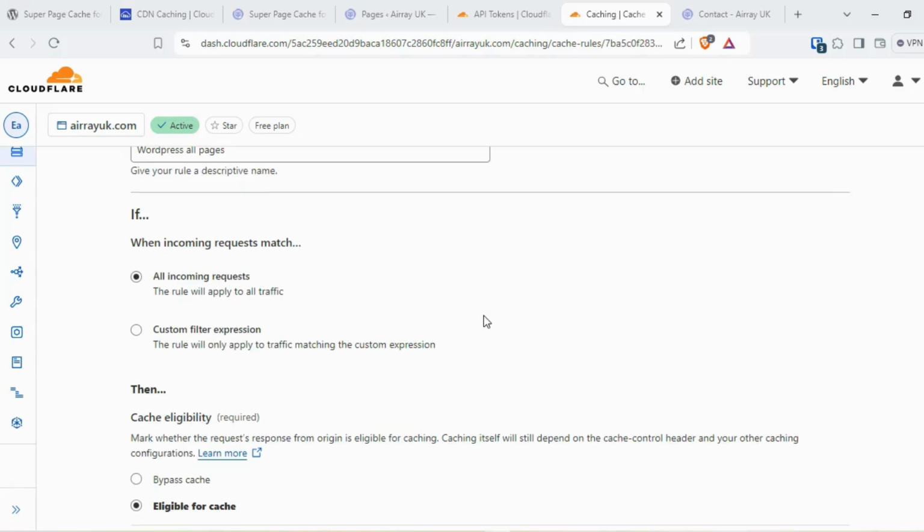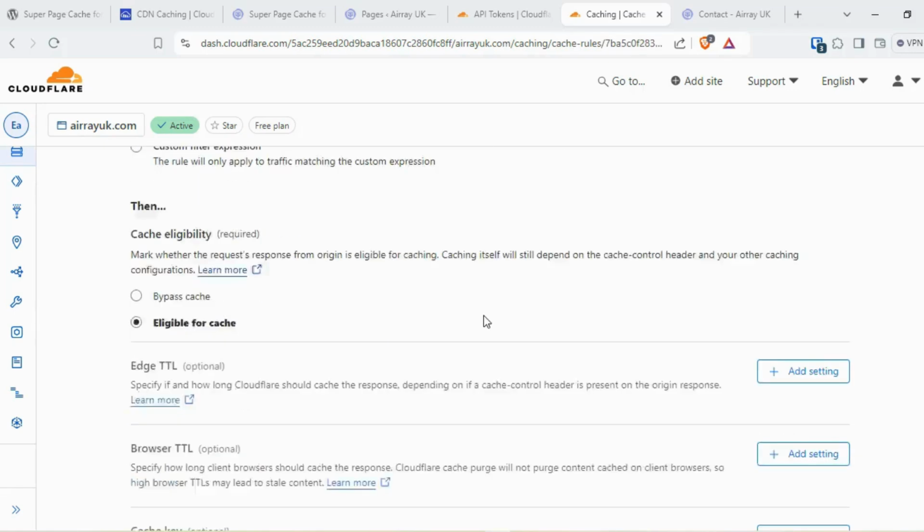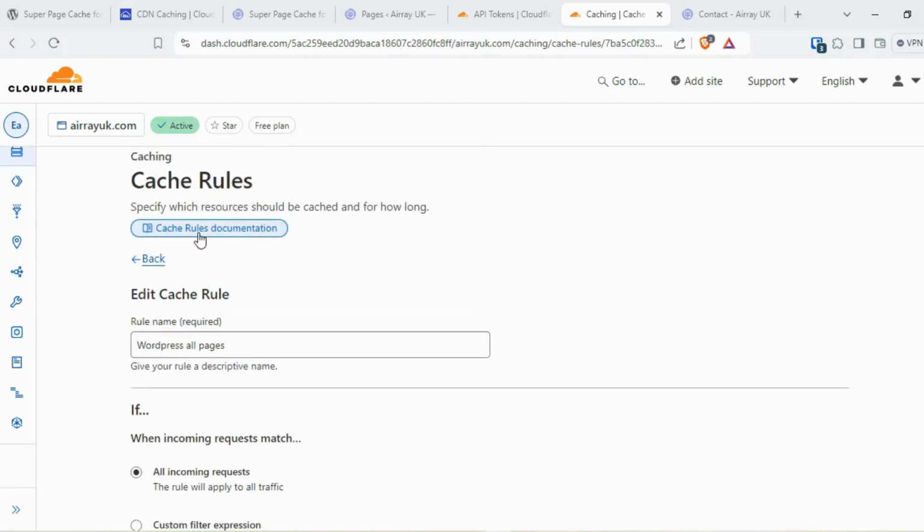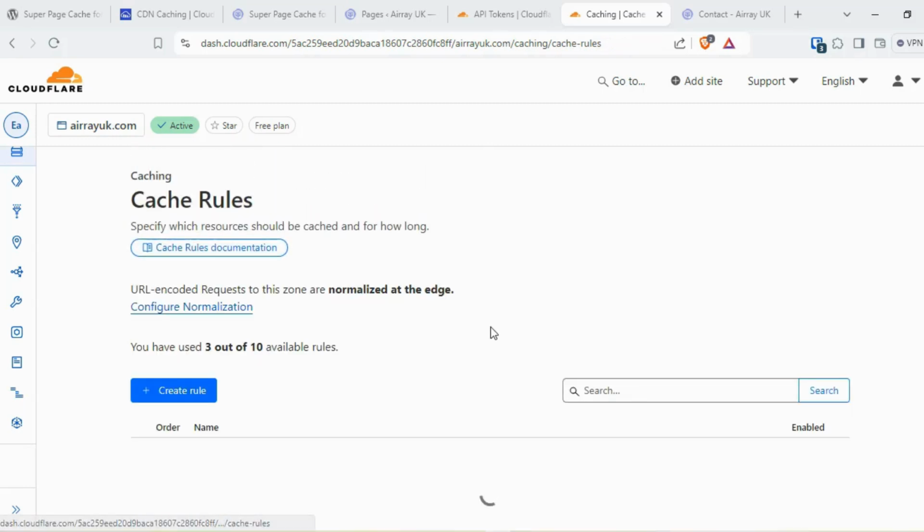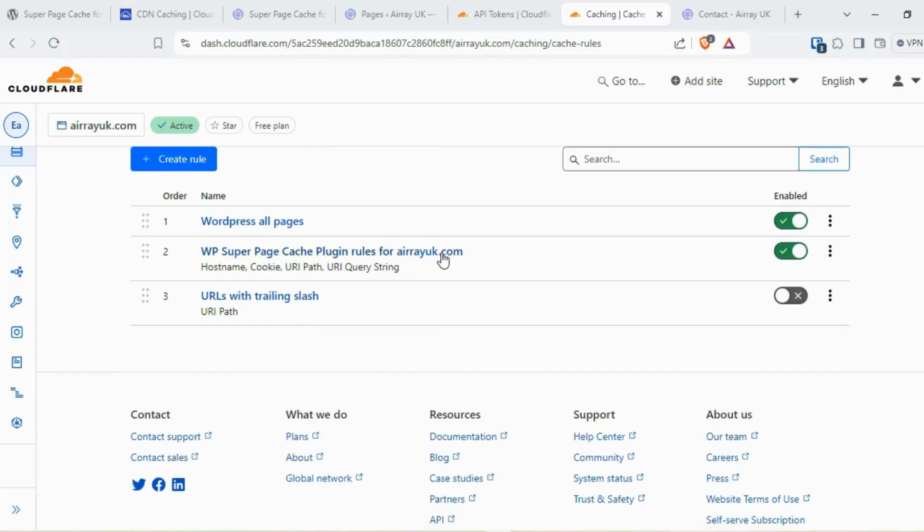Any incoming request should be cached. Then priority number 2 applies all the exclusions on top of that. This way, all web pages will be covered, and anything that is excluded in this rule